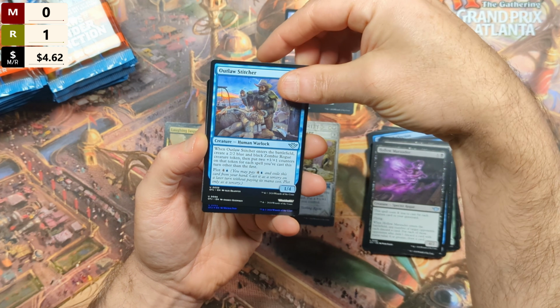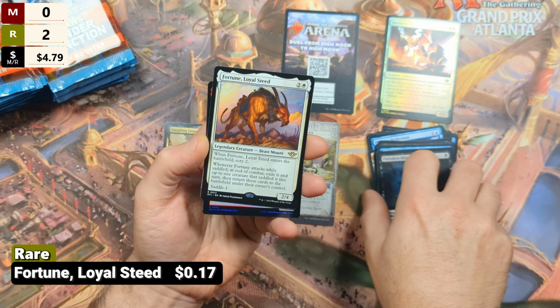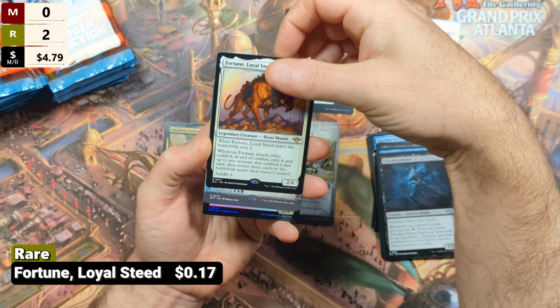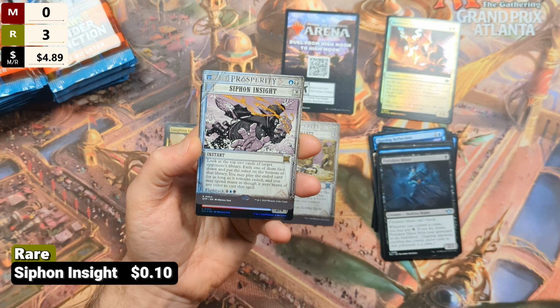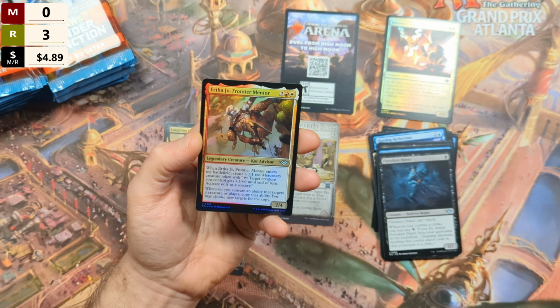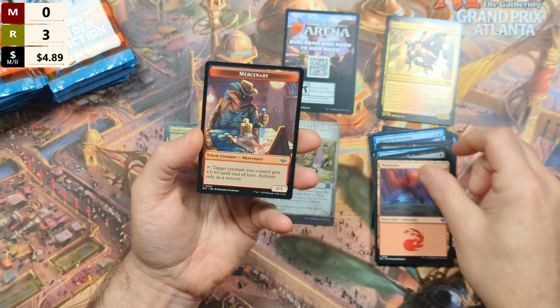and then we're going to see an Outlaw Stitcher, followed by a Forsaken Miner. And our rare is going to be a Fortune Loyal Steed coming in out of white. Unfortunately, not a high value rare, but we are going to get a backup rare. It is a Siphon Insight coming in from the Breaking News subset. Then we're going to see ourselves Eartho Joe Frontier Mentor coming in foil with a Standard Mountain and a Mercenary